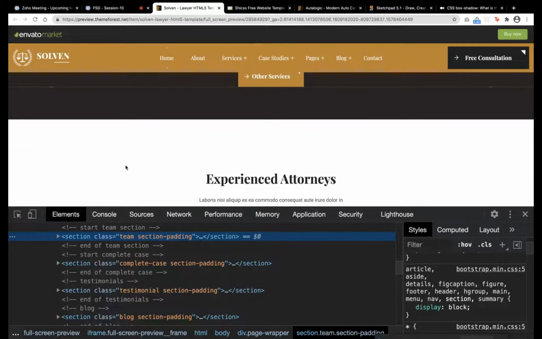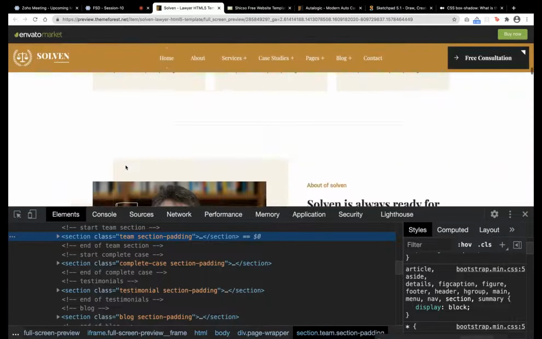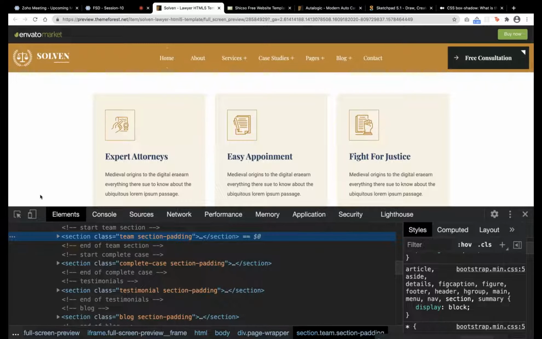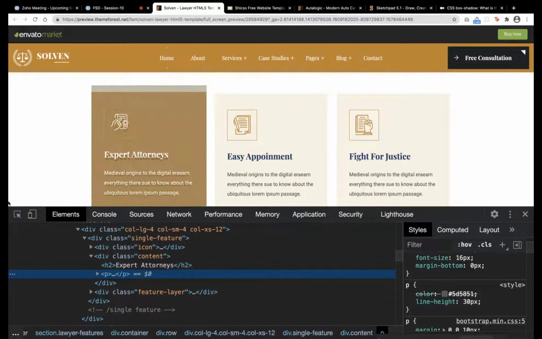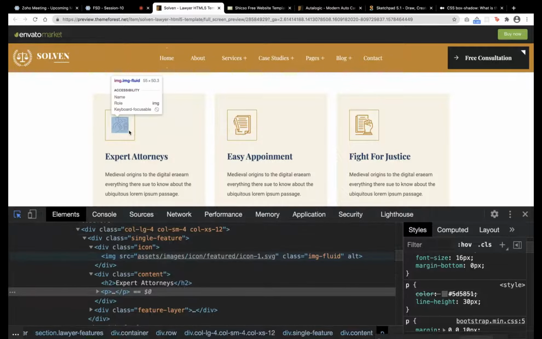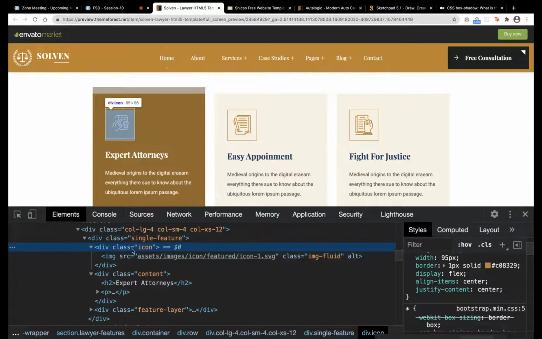So till now it is fine, but when it comes here, you know this H2 tag and then P tag, and then this might be an image tag or background image tag. They have an image tag.